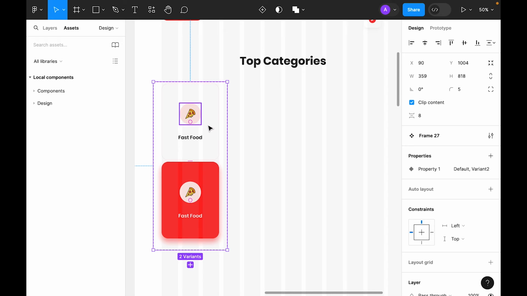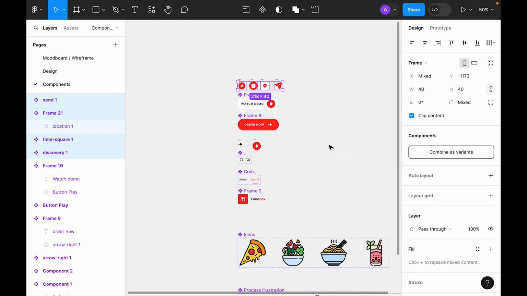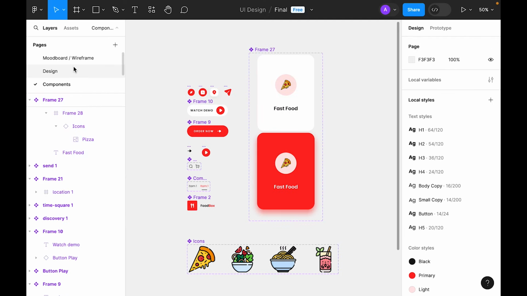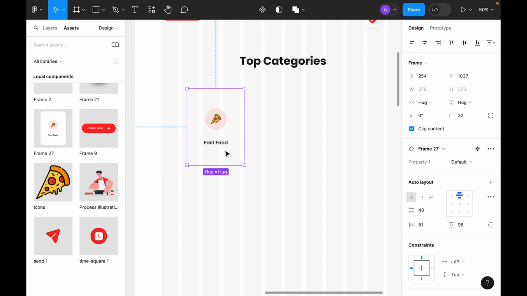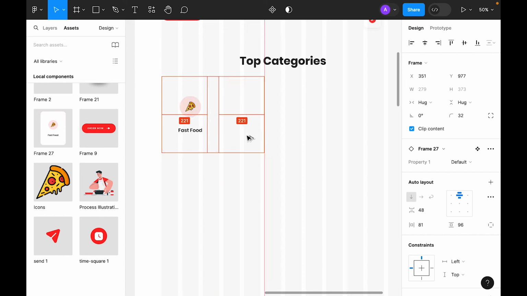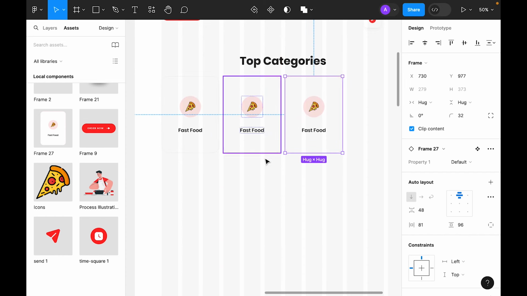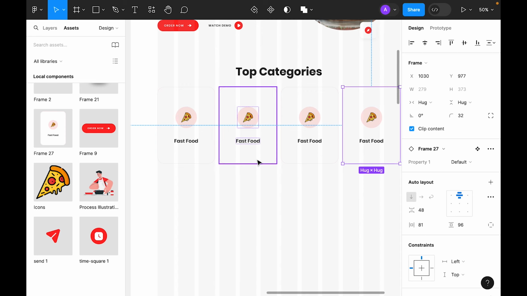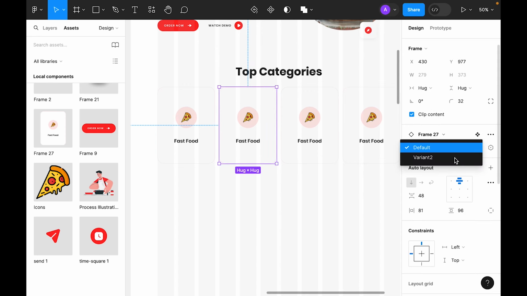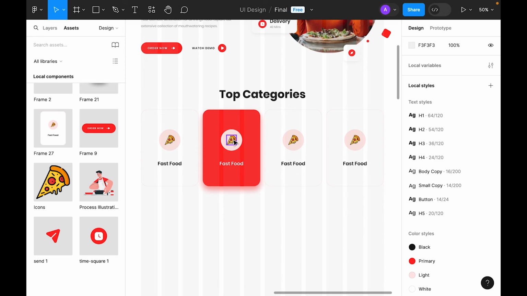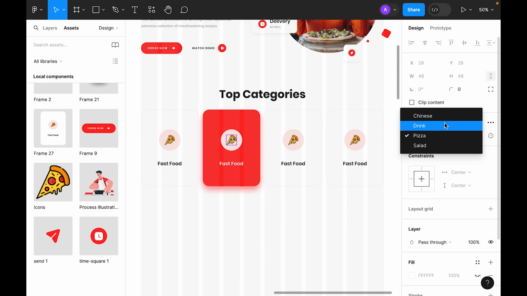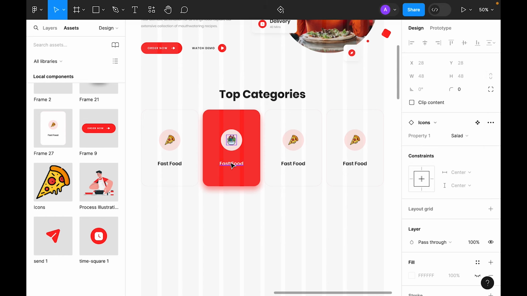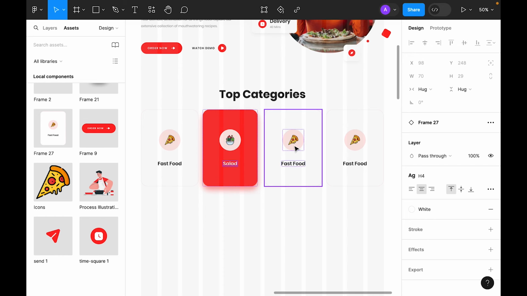Now let's cut this, go to layers, component, and paste it here. Let's go to the design and add asset. As you can see, here is our component. Let's duplicate this 4 times, and for this one let's make it variant 2, and for the pizza let's change it to salad. Make it. For the third one is,